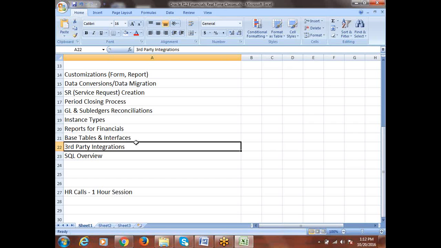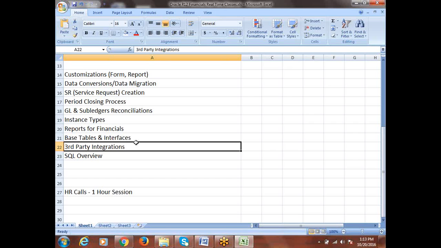Now a simple example: the client is using some XYZ application, or some third party expense related tool. In payables we can create an expense report. If not payables, we have a separate application called iExpense, for which the client has to take a separate license. If the client wants to use the iExpense application instead of the payables expense report, they'll take the license.